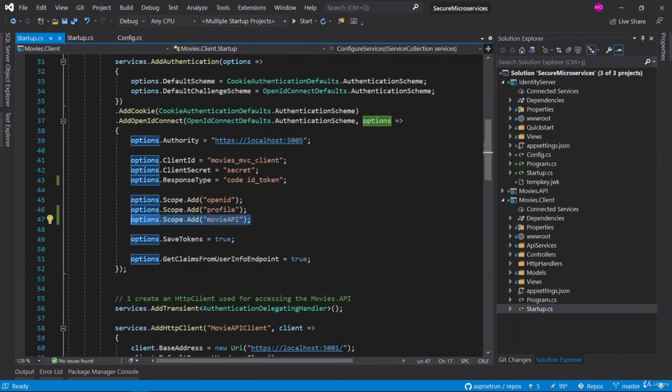So open the MVC Startup.cs, and what we have changed here is the response type, and also we have added the new scope, which is the Movies API. So we add the Movies API scope in order to access with the same authentication. This way, we can access the API and identity values by getting one token in a hybrid flow. In the next video, we are going to refactor our get token logic in our application.